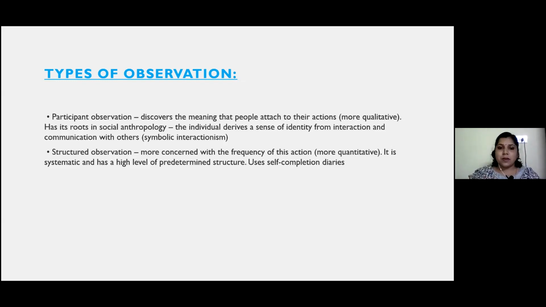Then structured observation. This is done using some questionnaire or something like that, where you put marks for certain things. For example, if you want to say the student is highly communicative, the way he behaves, the way he smiles, the way he sits, and the way he interacts with others is considered, and that will be given certain quantitative marks. So if you have a particular criteria, you can even give some marks. For example, self-assessments or self-satisfaction assessments are very commonly used. That is structured observation.